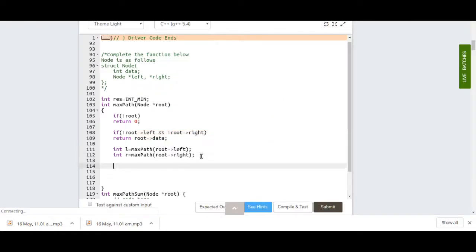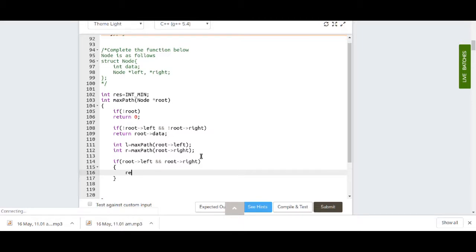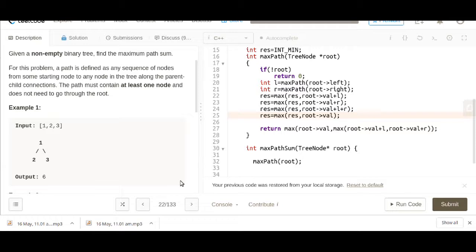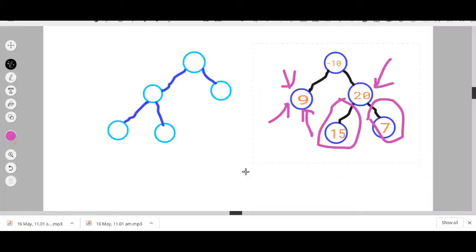So if there is a left child of this particular node and a right child of this particular node, then we are sure there would be a path from the left of this node to the right of this node. That is how we can go from leaf to leaf.